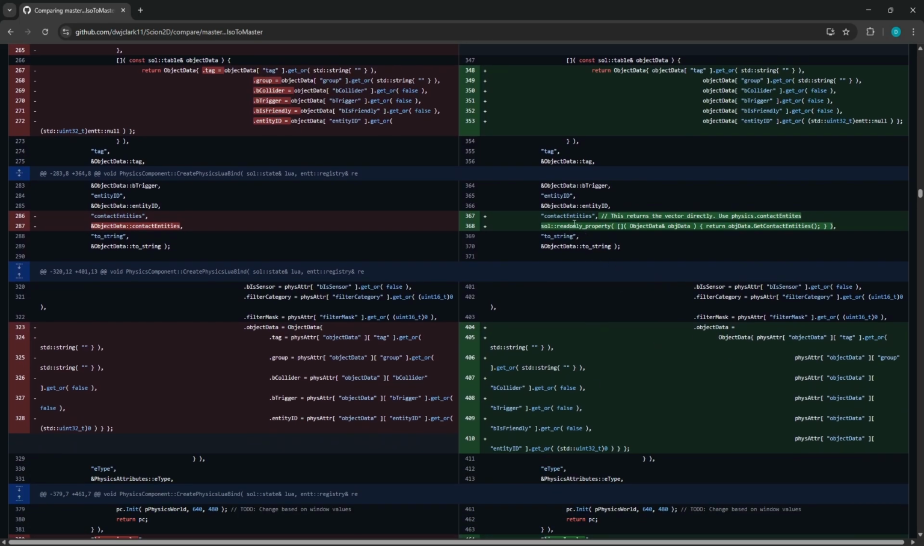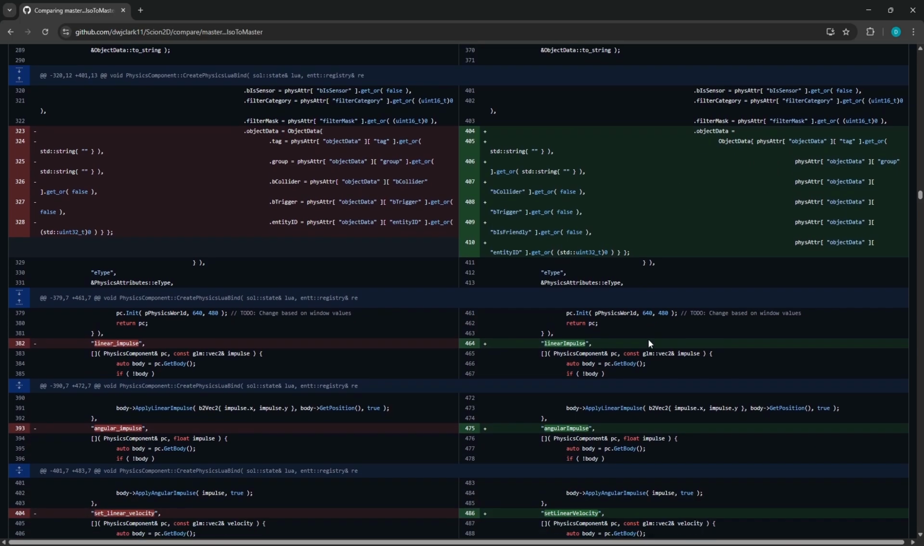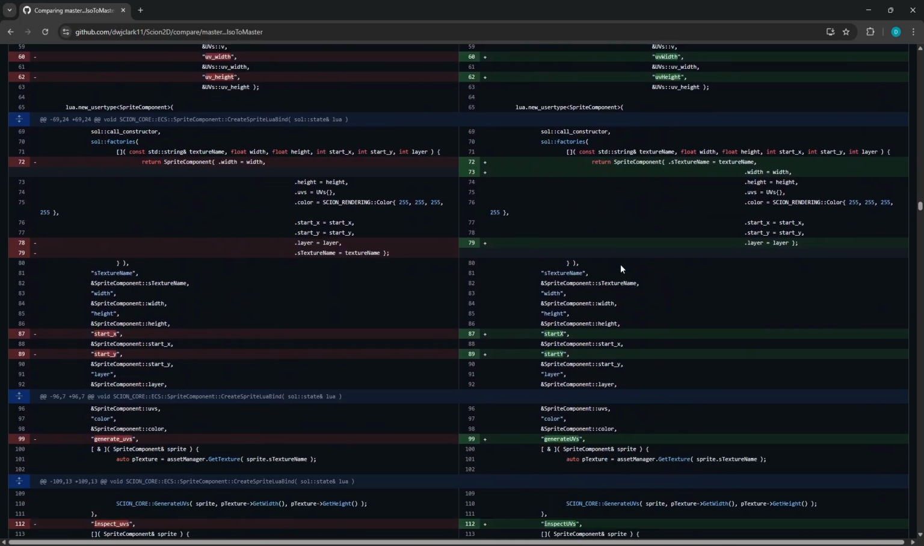So the contact entities now, it returns the vector directly. And that's because I use a read-only property. I've gone over a lot of this stuff and I'm trying to make it as clean as possible. Same with some more refactoring,